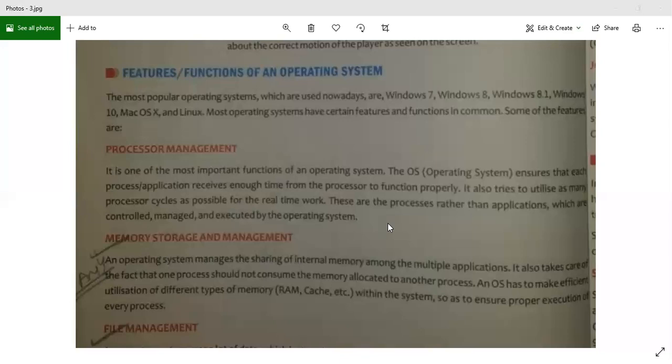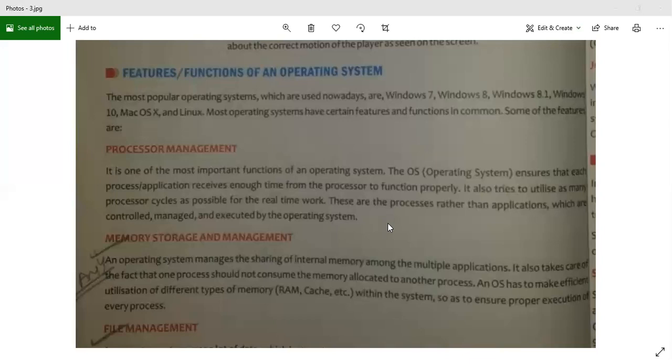Number two, memory storage and management. I'm sure we all have heard about the RAM capacity of our mobile phone. We all know how much RAM we have in our phone. Sometimes we have 4 GB of RAM, sometimes 8 GB, and we also have older phones having 2 GB of RAM. If I want to have a good phone, I should have more RAM capacity. Otherwise, the phone will start working slow. Or even stop working if I open up a lot of applications, correct? That is known as memory storage and management.